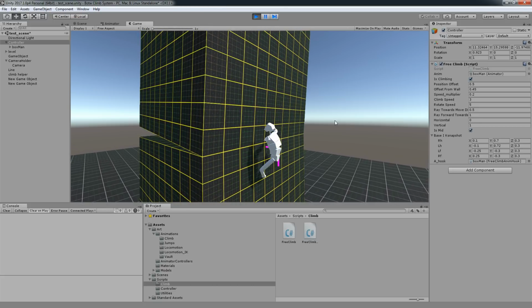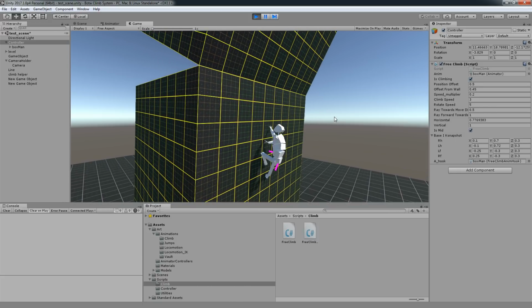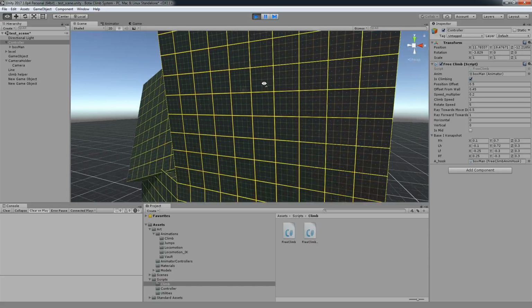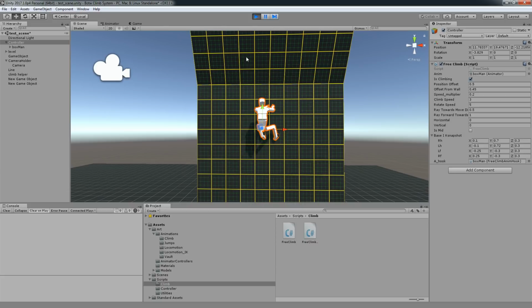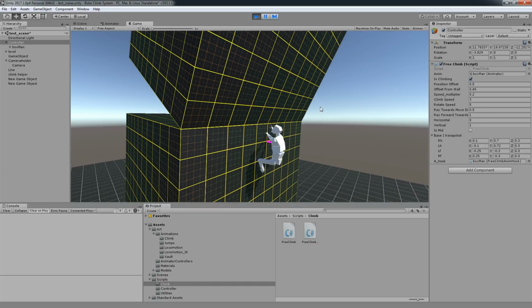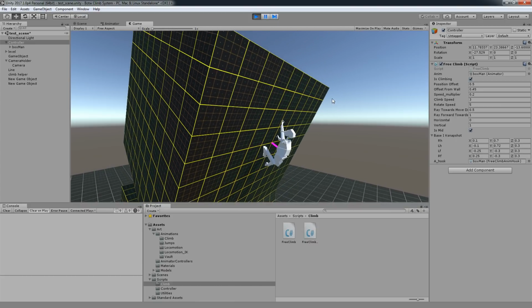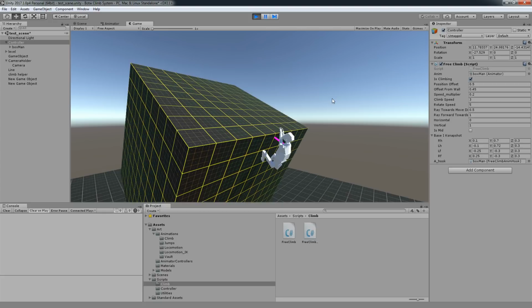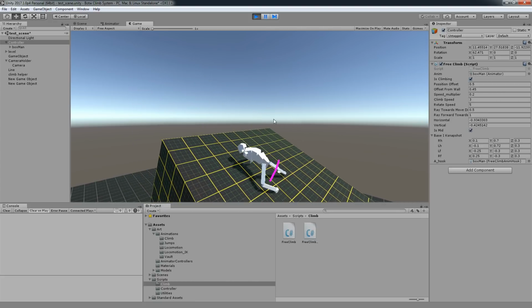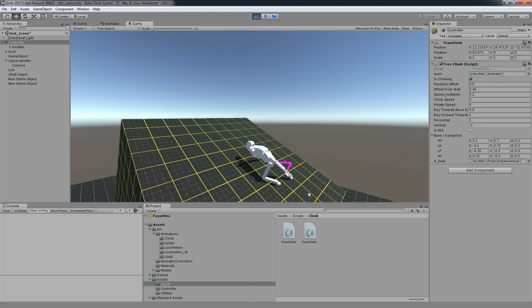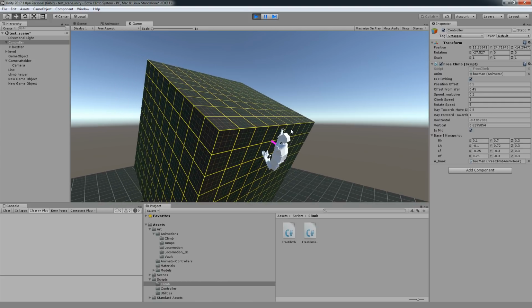Let's see if we can climb on the top part. I think for some reason we have another bug that gets us offset from this position. We probably forgot to assign something. We'll fix all those issues, of course. We might need to create something transitional so we can actually transit normally between these two.